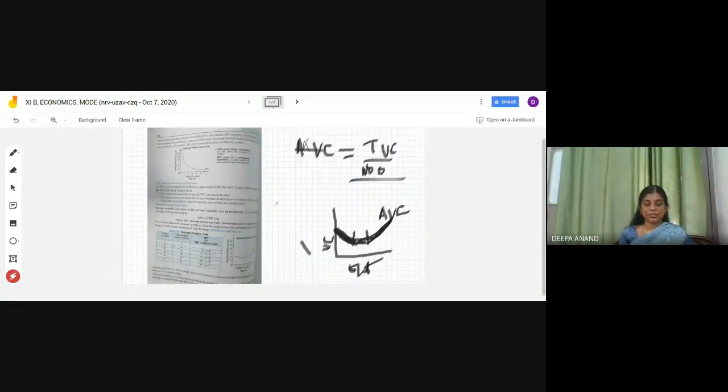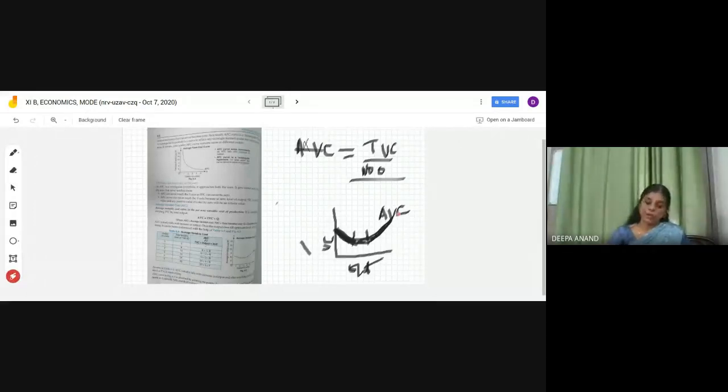So initially, some of the fixed factors were idle. Then we used the fixed factors in a very effective manner. Afterwards, what happened? There will be more load on the fixed factors. So we are not in the effective stage. There will be more load on the fixed factors, so that will eventually increase the variable cost. We have to add the cost on the variable factors. That is why it is increasing. That's why you have also seen these three phases in the law of variable proportion.